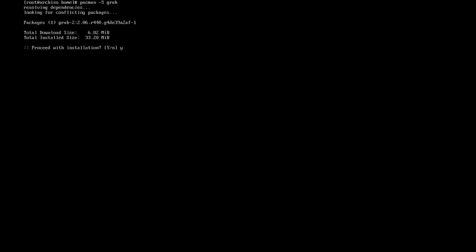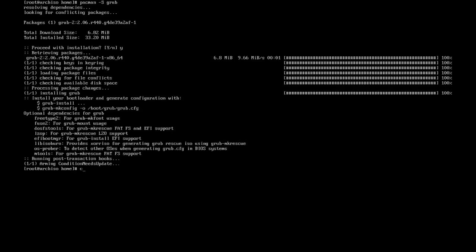Now we will start and install grub. So we go pacman -S and type grub. Type yes. But it's not properly installed yet. We need to configure it, and we need to get an init framework working on the system. We can do that by doing the following: